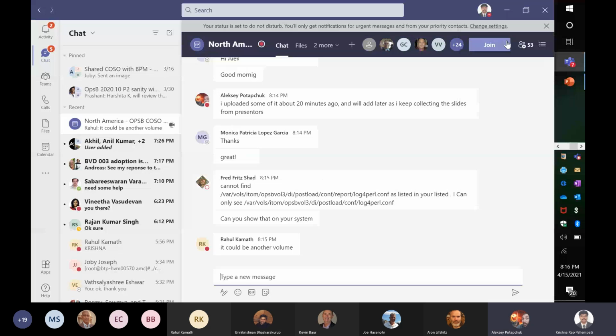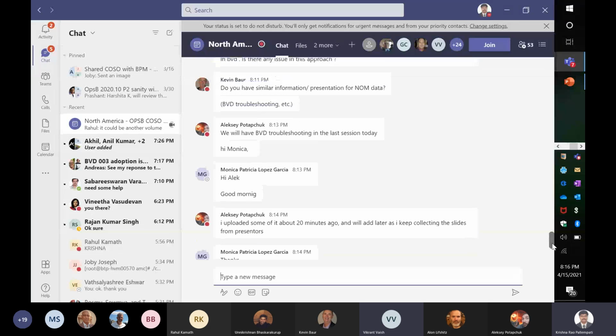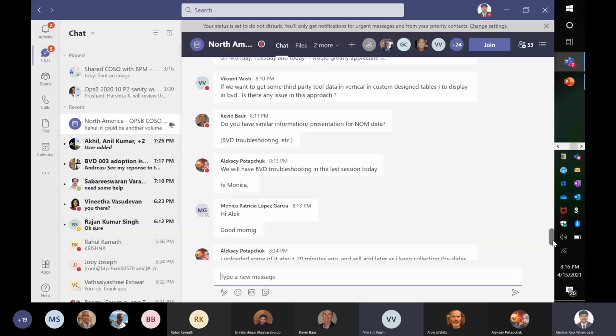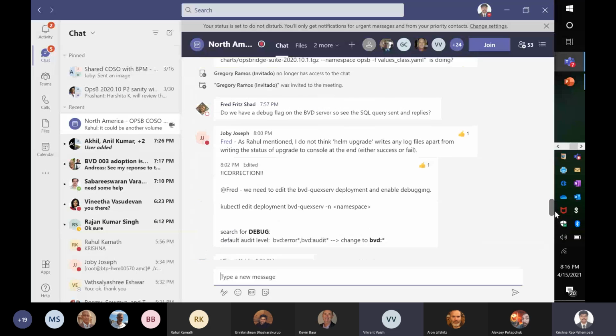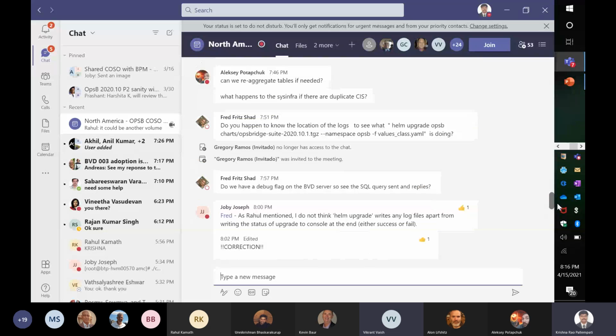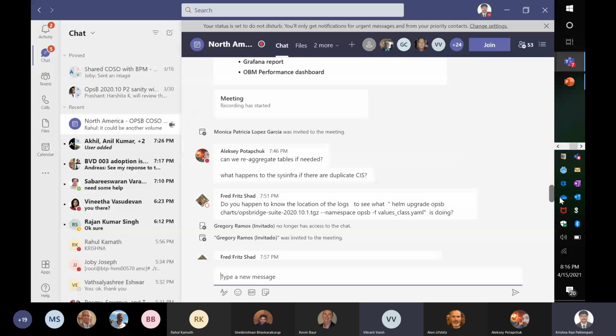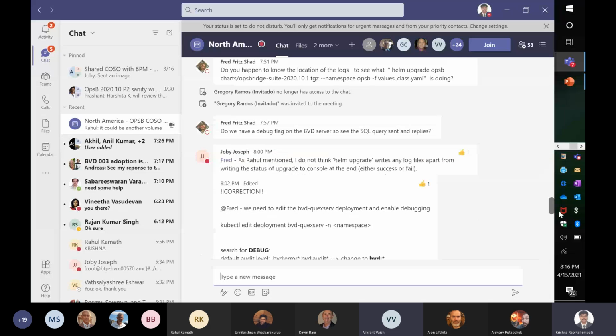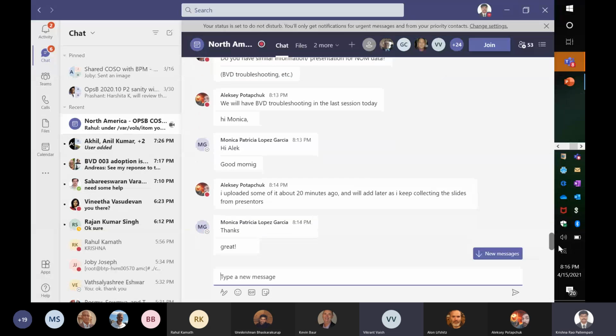It's basically, I mean to say, if you want to get third-party tool data into Vertica to display in BVD, we design our tables and use some Python or some script to load the data into the Vertica schema. Do you see any issue in this approach of creating a custom dashboard?